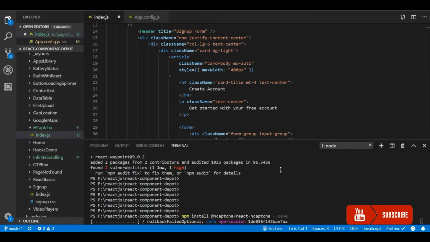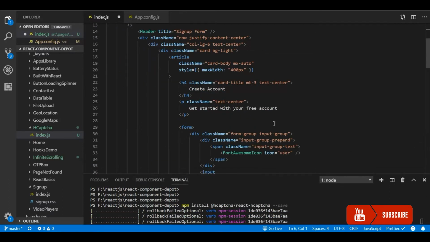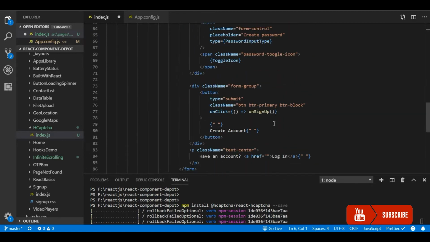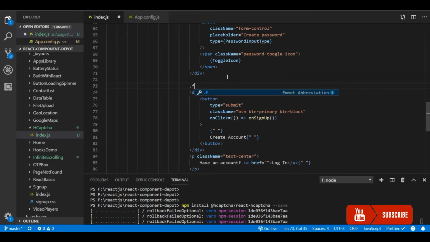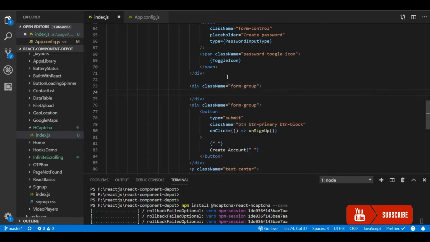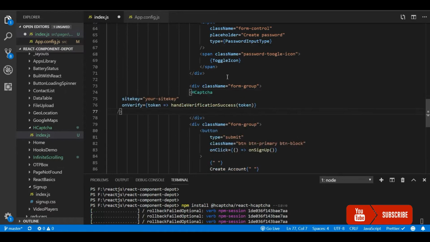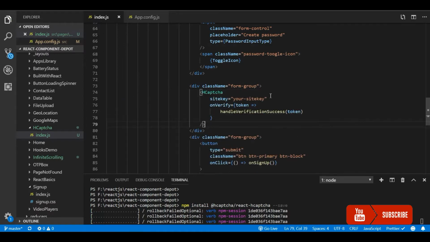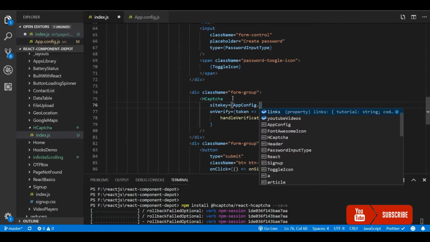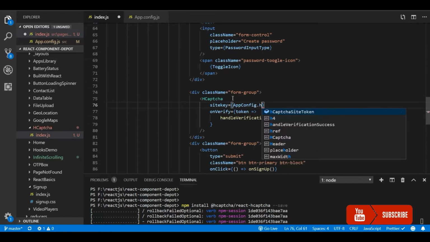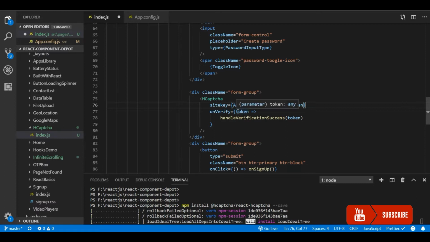For this demo, I am having a sign up form. Let me go to the bottom, right before the button. I am going to add this hCaptcha component. So we just use the component, and I'm going to use the site key from the config file, AppConfig dot hCaptcha site token.